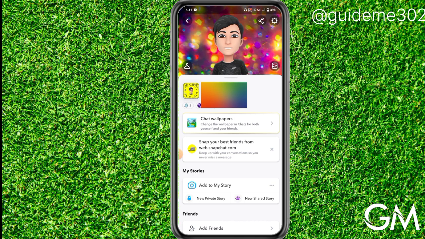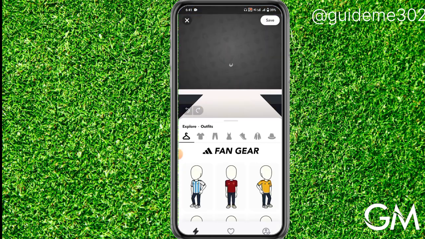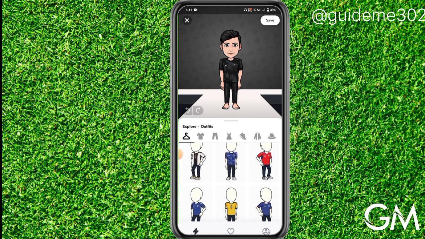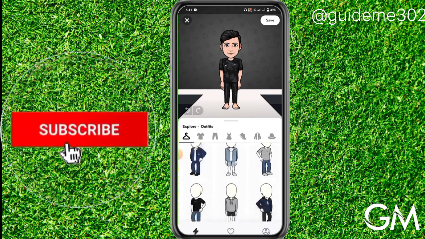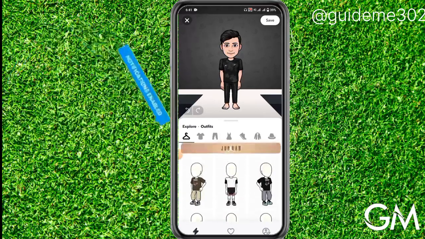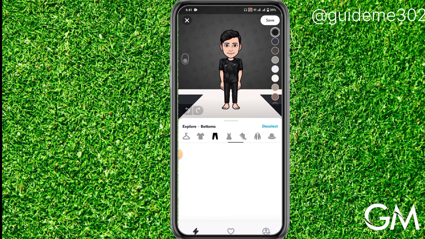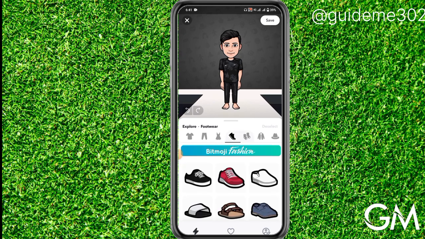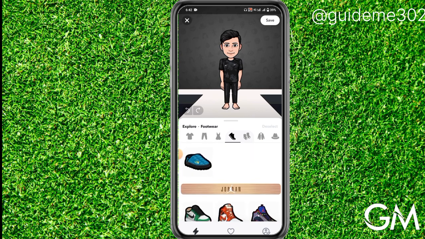and then on the top just click over there to change your outfits. And here you see the multiple choices. You can select anyone which you like, and here you can scroll down and get multiple choices. There are the shirts, jeans, and all of the stuff about outfits. So when you select your favorite one and then just click on save,